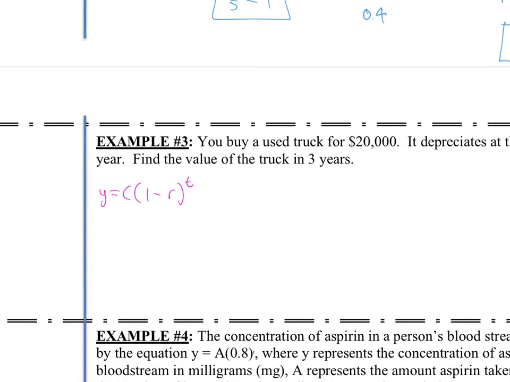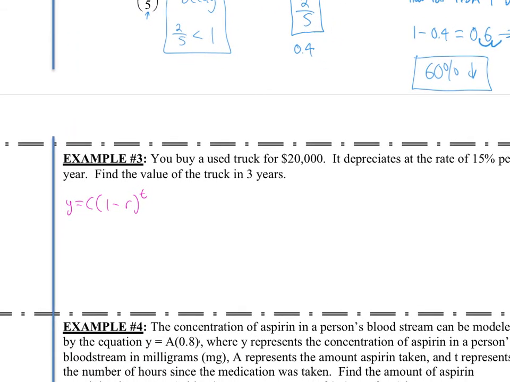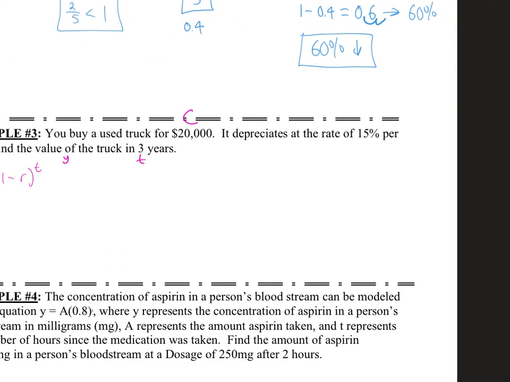All right, are we looking for c, or are we looking for y? Are we looking for the original value, or the initial value, or are we looking for the ending result? We're looking for the ending result. We're looking for y. We're looking for the final value of the truck after 3 years, right? So that means the 20,000 is going to be our c. What else do we know? Our t is 3